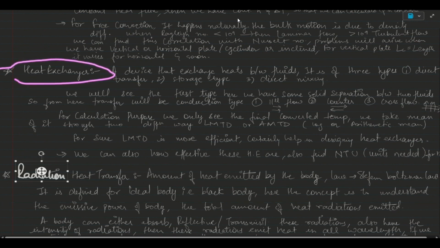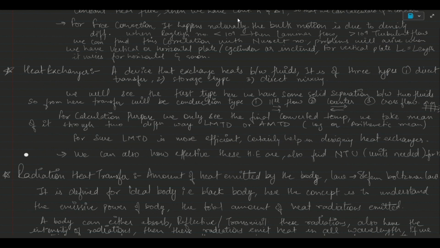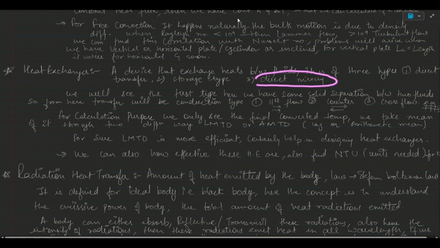An important concept, what exactly the industry needs, is the heat exchanger. They want to exchange heat from one fluid to another fluid. That's their main motive. It can be done in three different types. In our life, we try to mix both hot and cold. That's one type of heat exchanger, a direct mixing. There are two others, storage as well as direct transfer. Storage means we store one and then flow the other one. Direct transfer we'll try to see here.